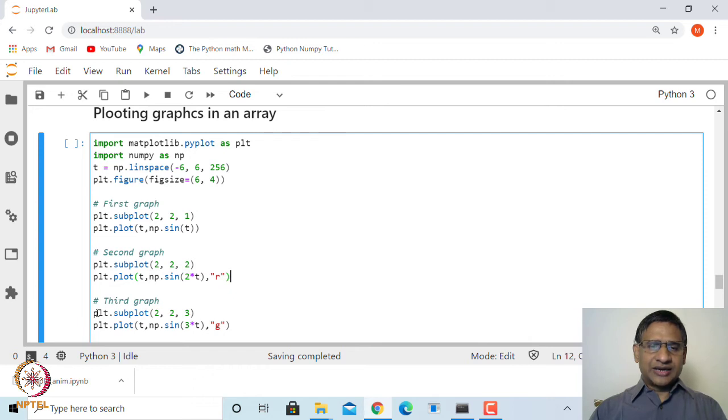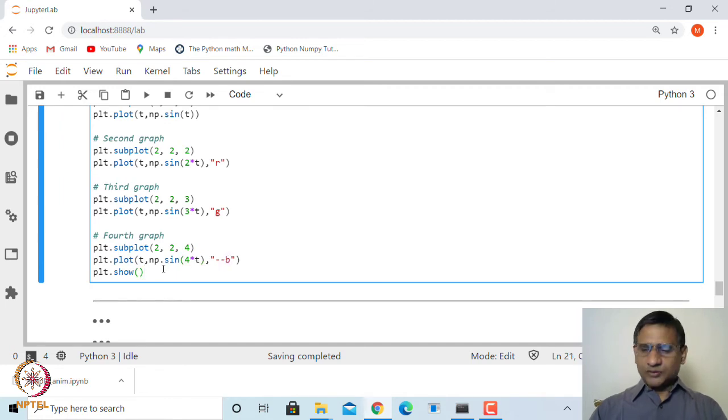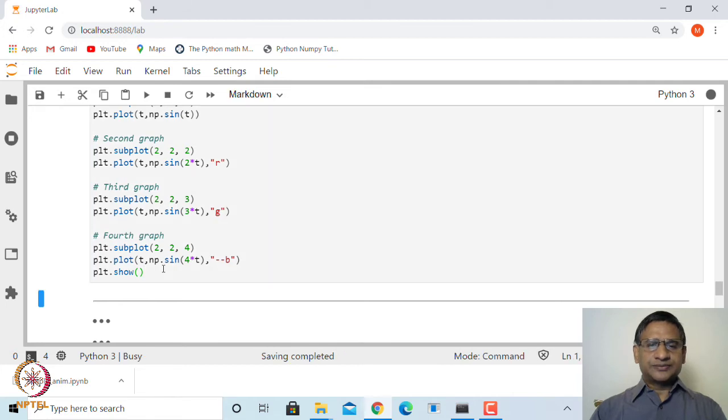The third graph is plt.subplot(2, 2, 3), and so on. This is sine 3t in green color, and the fourth graph is plt.subplot(2, 2, 4), which is sine 4t plotted in blue color with dashes. Okay, so let us plot this.